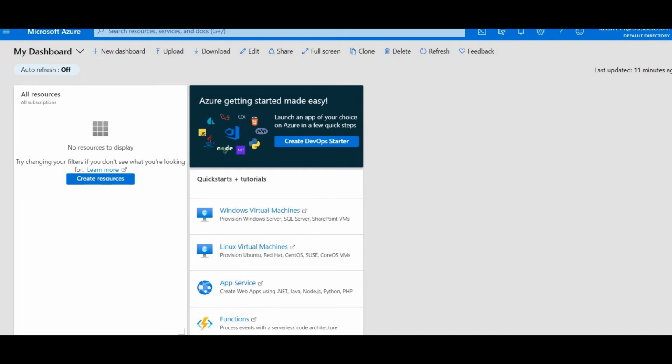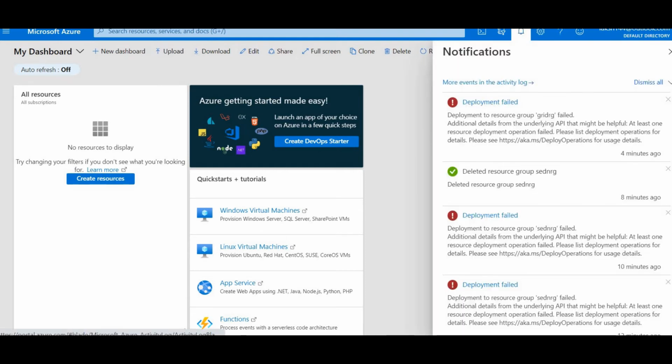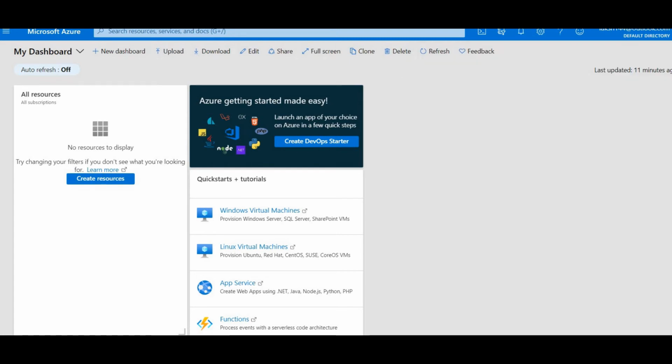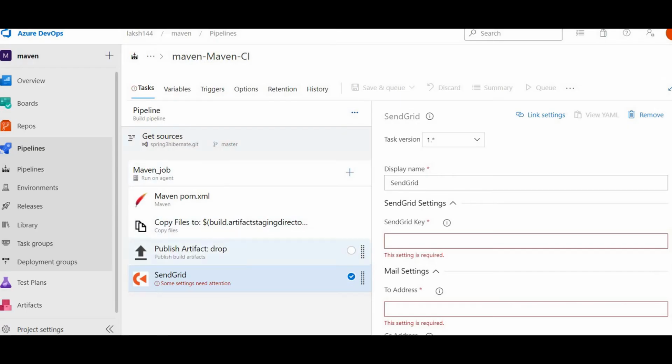You just need to go into Manage, which will be present on the top side. Click on that and you will get an API key. If you want, I will create a separate video after some time. I think there is some issue from the Azure end. Deployment to RG failed, additional details. So as of now I am omitting this.